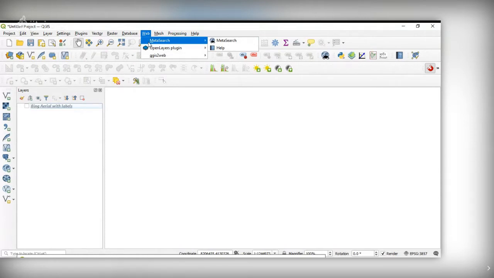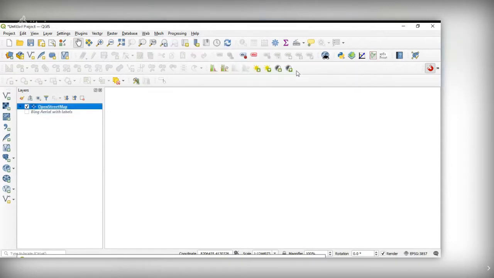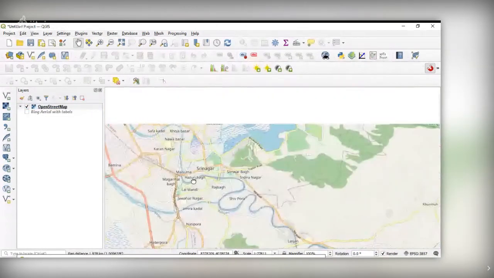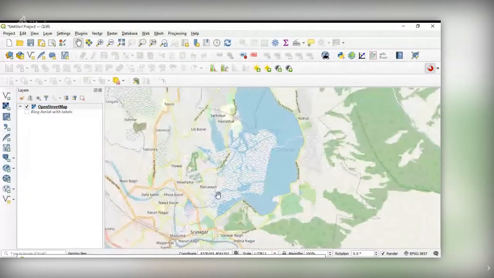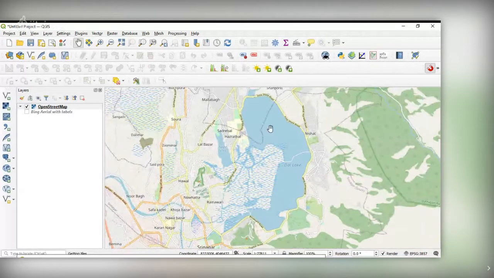For this demo purpose, I am opening my OpenStreetMap. My area of interest is Srinagar and surrounding areas. Now you see in this particular area, you have lakes.